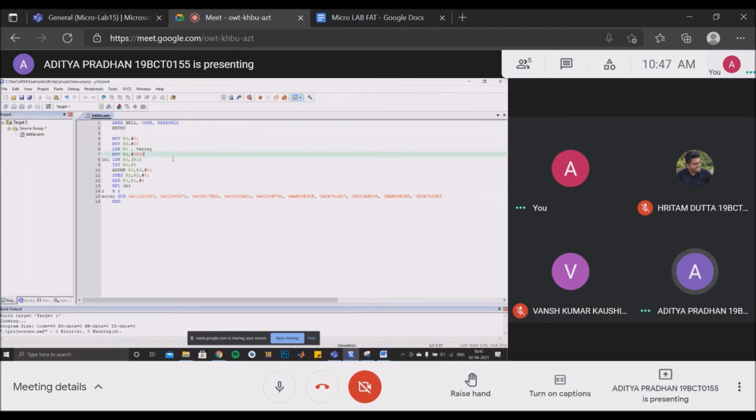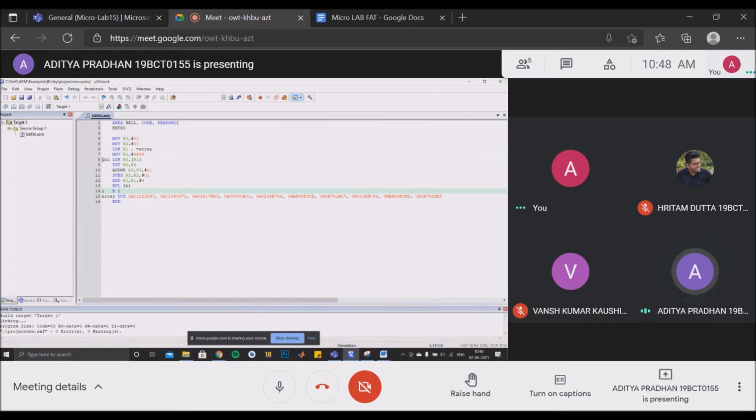In line number 7, we are initializing the register R2 with the value 9 to keep the number of array elements. As the elements are 10, we store the value 9, since the first array element starts with the index 0. In the next section, LBL, we are using the logic for identifying whether the number is odd or not. We are using the bitwise AND operation and the ADDNE operation together to identify and increment the value in R3.